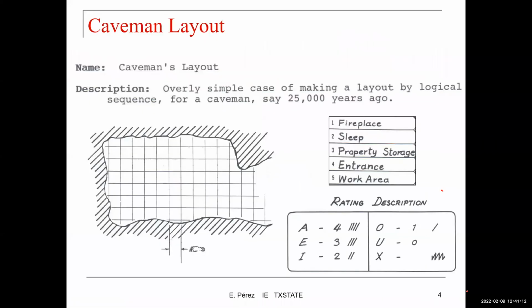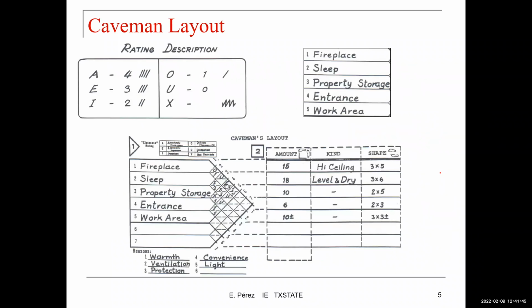There you go. Okay, so we have these 5 areas, and we have a limited space that we need to use to accommodate these 5 areas. And we have the rating description. What else do we have? We have this square matrix or area that we are going to use to represent the length. You see 1 foot here. So we are using the rating description,